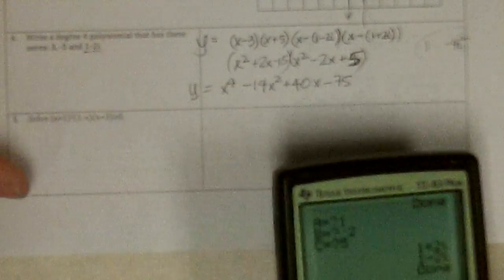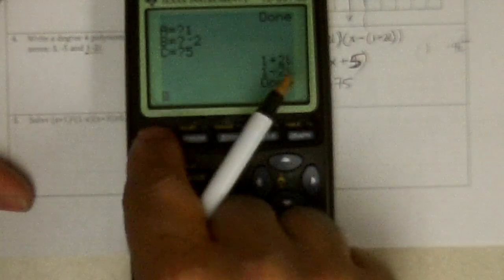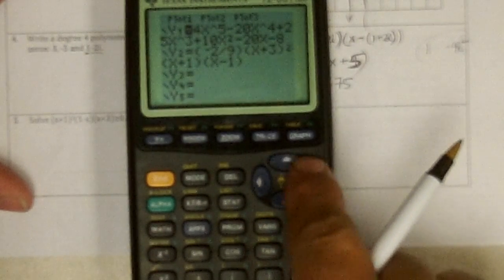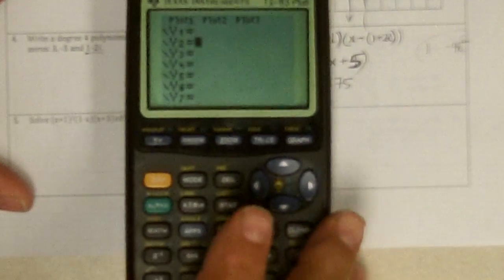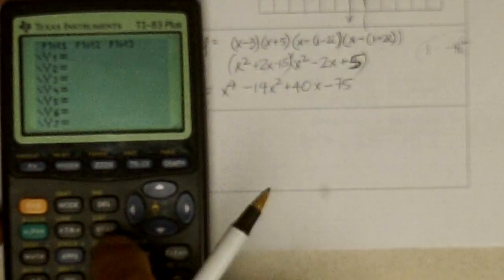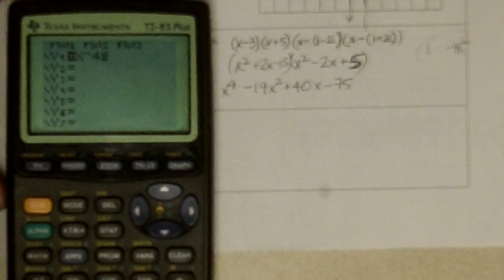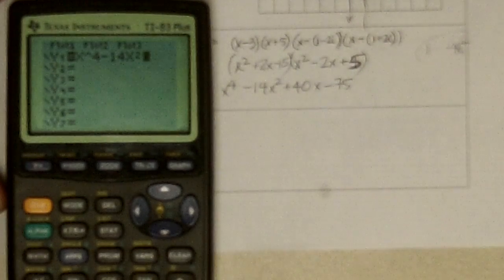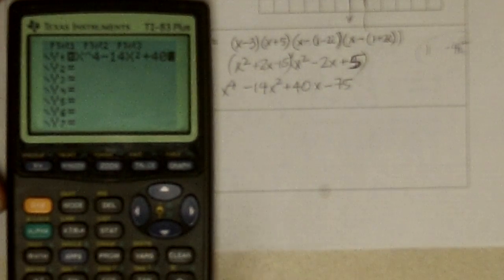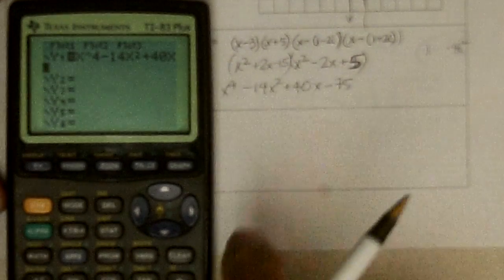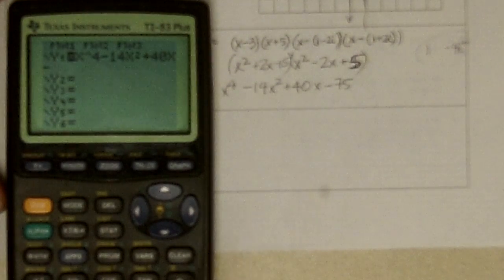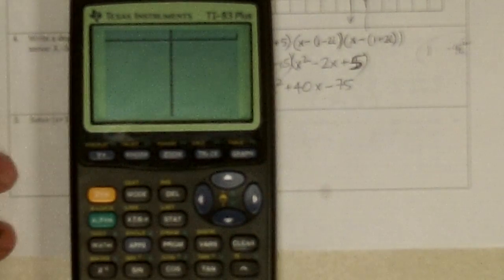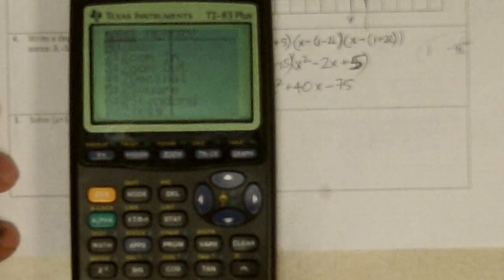Let's see if that is correct. We can do that by going to y equals, turn this one off. Actually, I'll just clear it. And I'll clear the other one. And I'm going to go up here and type in what I got. X to the 4th minus 14x squared plus 40x subtract 75. And if I graph, let's see, on Zoom 4,